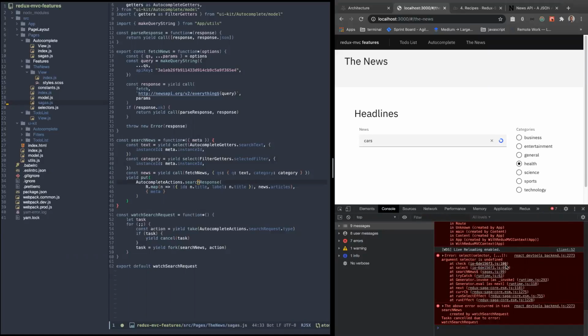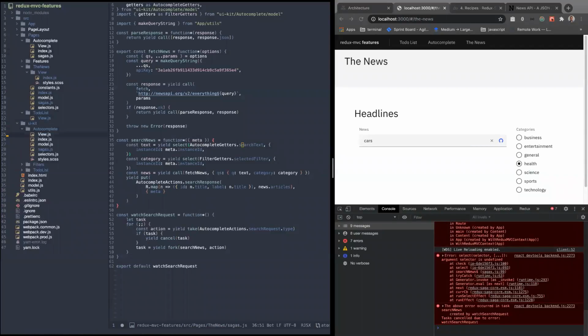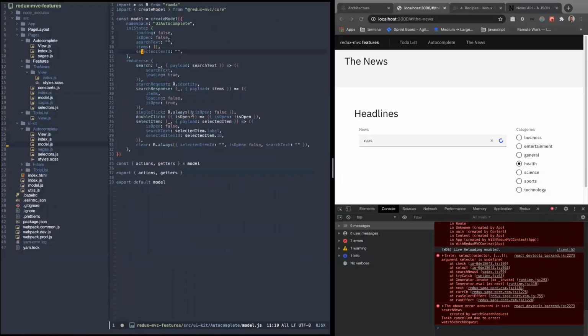Selector. There seems that a selector is undefined. Might be one of these ones. Selected filter, autocomplete getter search text. Let's see. Search text. Well,